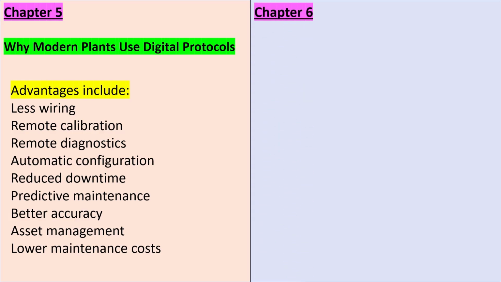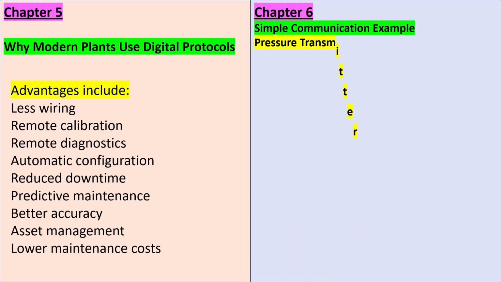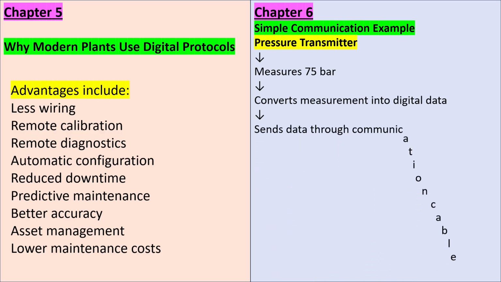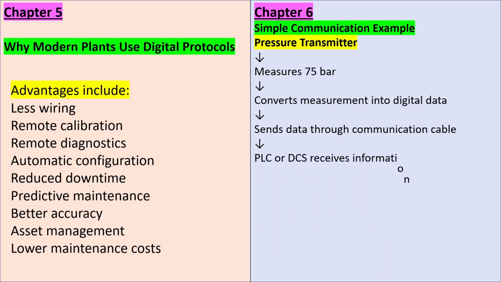Chapter 6. Simple communication example. Pressure transmitter sends a signal and measures 75 bar, then converts the measurement into digital data, then sends the data through communication cable, then the PLC or DCS receives the information,